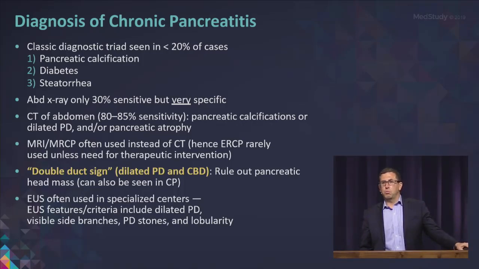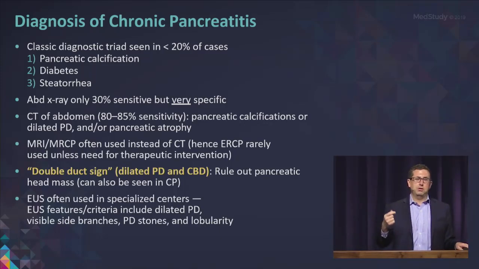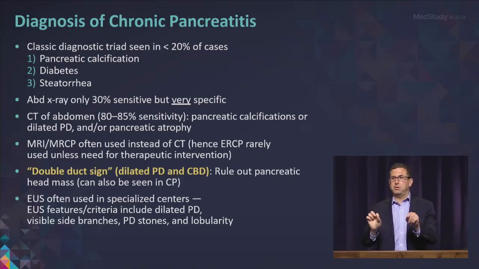CT abdomen is more sensitive, and it could show other things like a dilated pancreatic duct or pancreatic atrophy. MRI is often used instead of CT scan because it could get a better look at the pancreatic duct. And as I mentioned before, ERCP is almost never used to diagnose chronic pancreatitis. So if it's chronic pancreatitis on a test question and ERCP is in there, it's probably not the answer, right? Because you could cause acute pancreatitis by doing the ERCP, and the MRCP could really help you